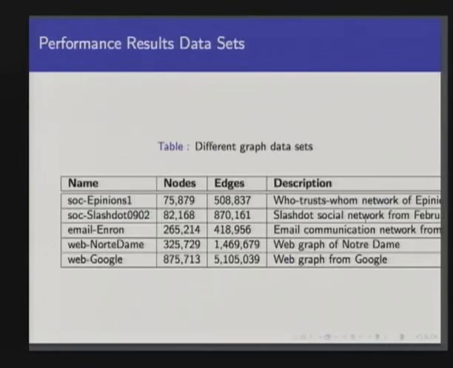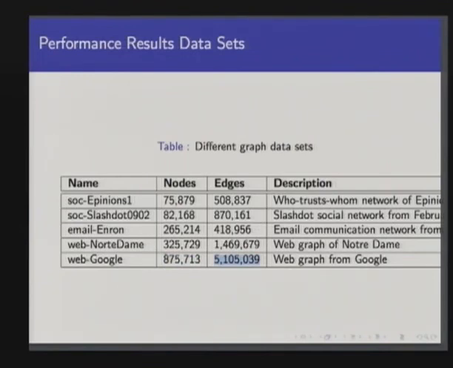To actually evaluate and test the applicability and the scalability of our algorithms, we used some real-world data sets which are available in the Stanford large graph library. For example, here you can see that this web Google graph has almost 875,000 vertices and almost 5 million edges. This was the largest graph on which